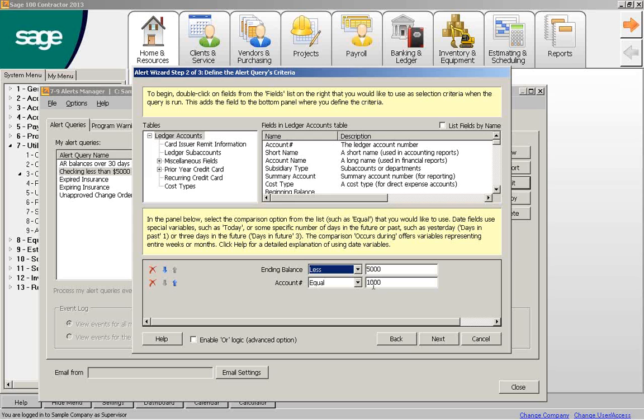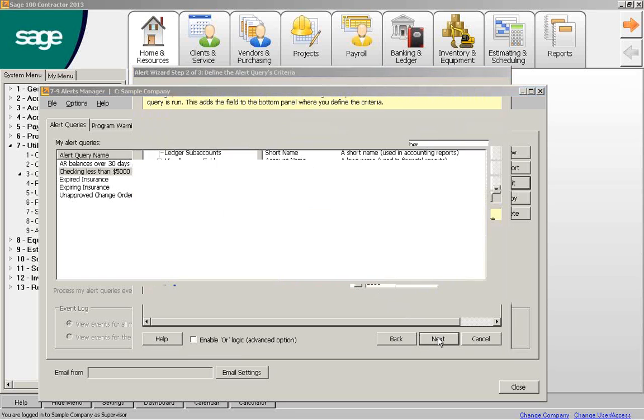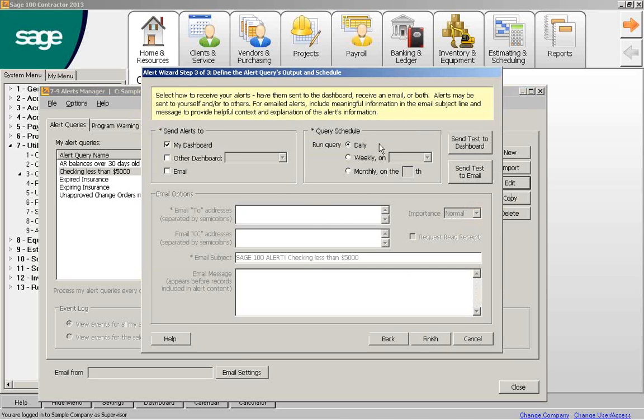That's my account number. You could have it between, for example, if you want it to be a range of accounts. Okay, so that's very simple. I only have 3 fields, and I only have 2 little criteria here. If I click Next, this is where you'll be reminded of this